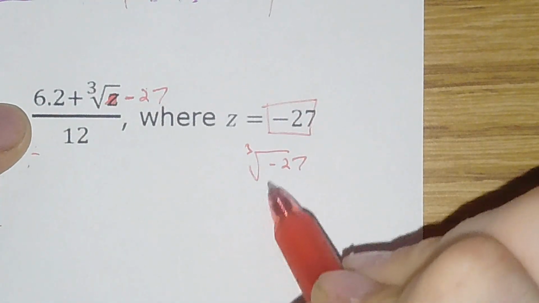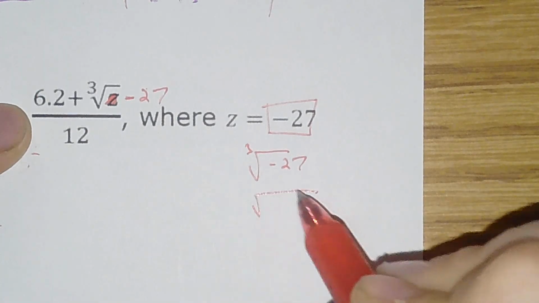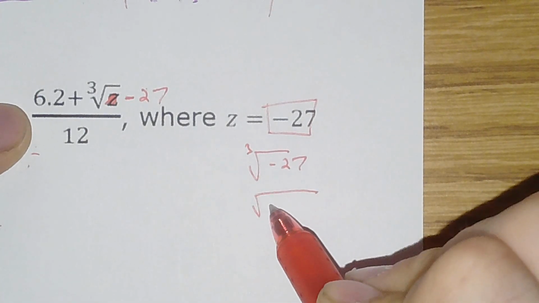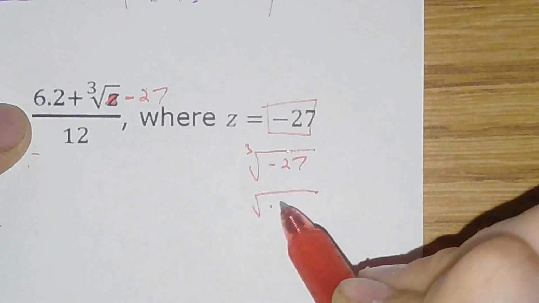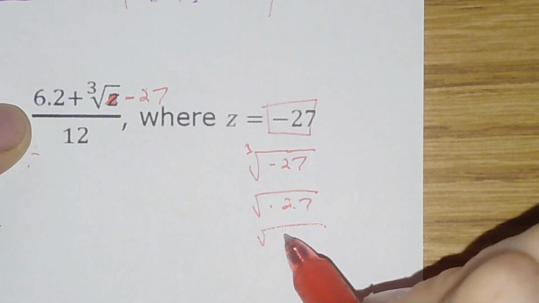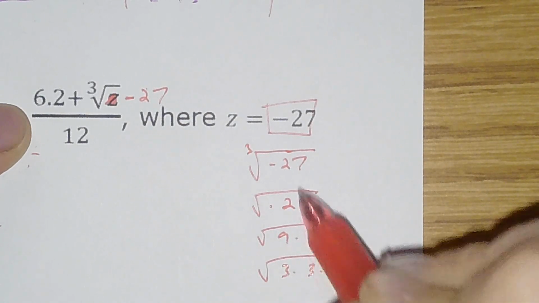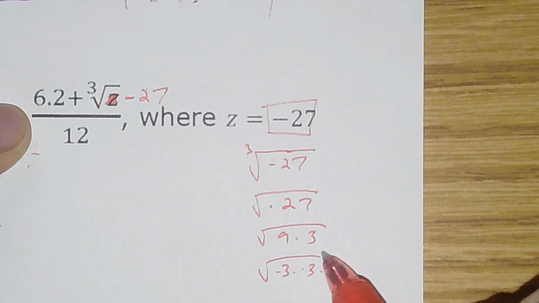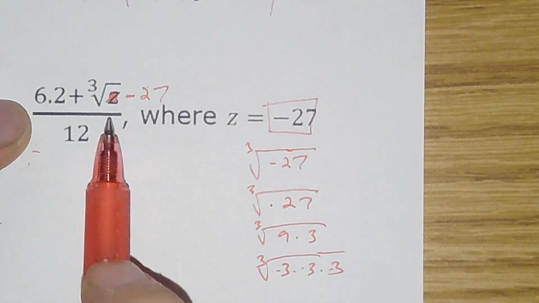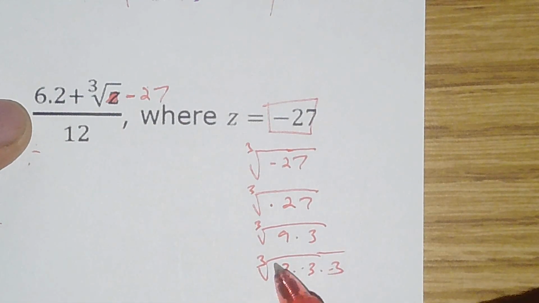So we're like, okay, what do we need to multiply by itself 3 times to get 27? So negative 27. Let's look at just 27. 27, what are the things at 27? We have 9 times 3, and then 9 is 3 times 3 times 3, but it has to be negative, so these all have to be negative. These are all cubed roots. Right, so the cubed root of negative 27 is, we have 3 of the same thing, negative 27, so a negative 3 has to come out, leaving behind a 1, so this is 3 times the negative 3 times the cubed root of 1. That goes away, giving us